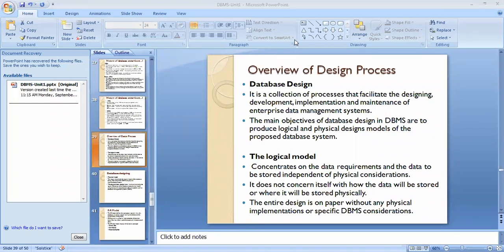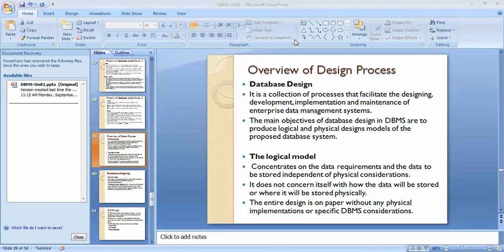Let's see one by one. The logical model concentrates on the data requirements and the data to be stored, independent of physical considerations. It does not concern itself with how the data will be stored or where it will be stored physically.